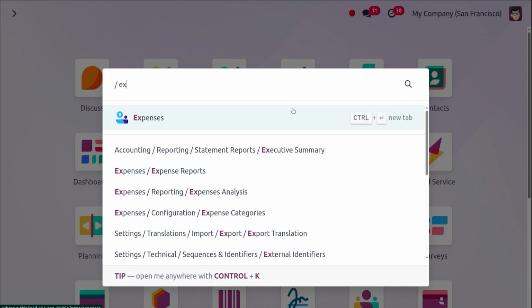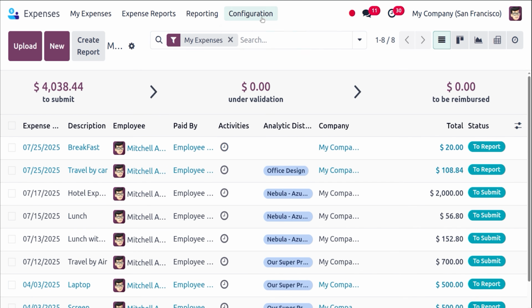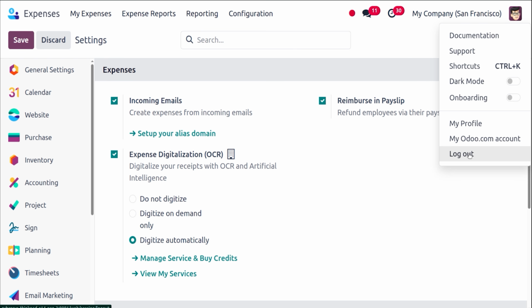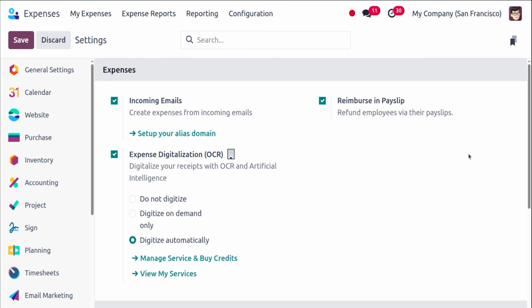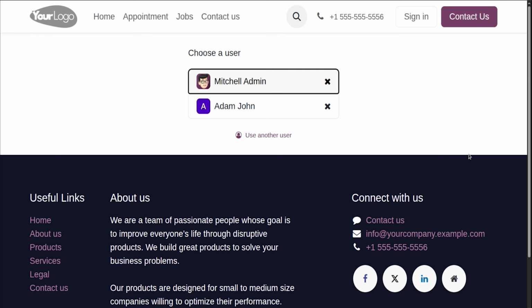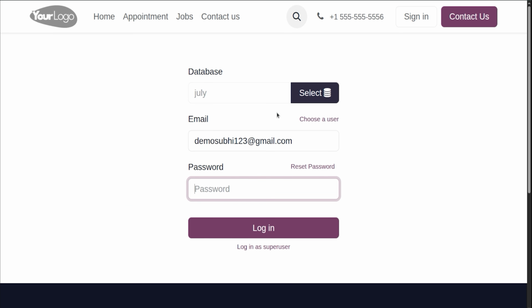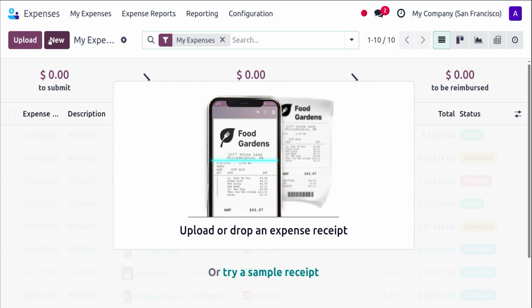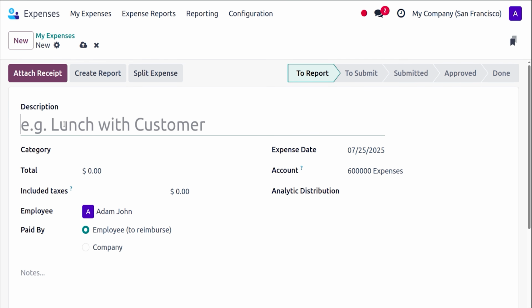So for that, let's open the expense module. And under configuration settings, we need to enable the reimbursement in Payslip option. After that, let me log out from admin. Then we should log in as Adam John, the employee. Go to the expense module. Then let me add a new expense as